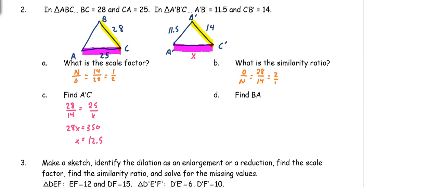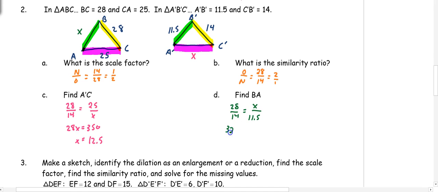And then the other side that we need to find is BA. So we're going to call BA x, and we know that BA corresponds with B prime A prime. We're still going to use 28 over 14 because those are the sides that have both lengths, equals, and in the first triangle we have x, and the second triangle we have 11.5. So when we cross multiply,